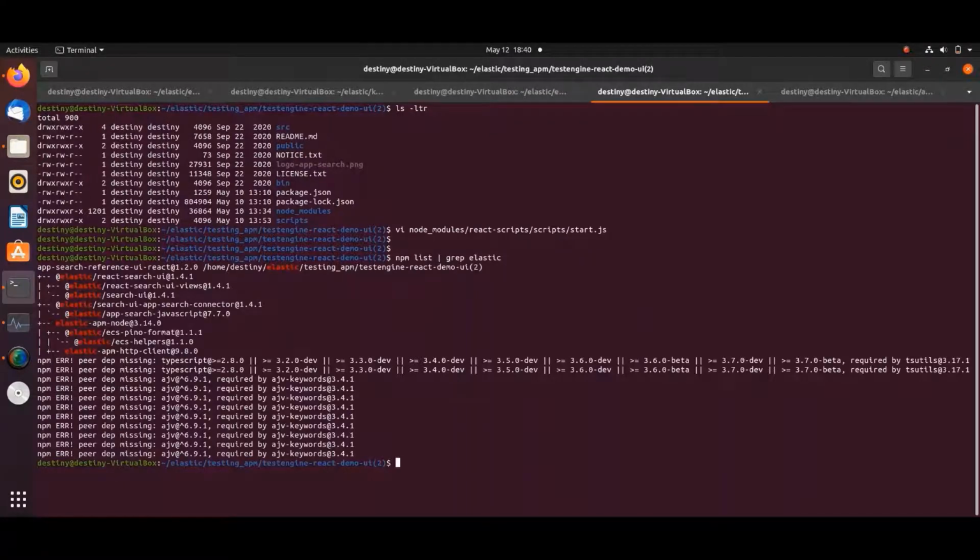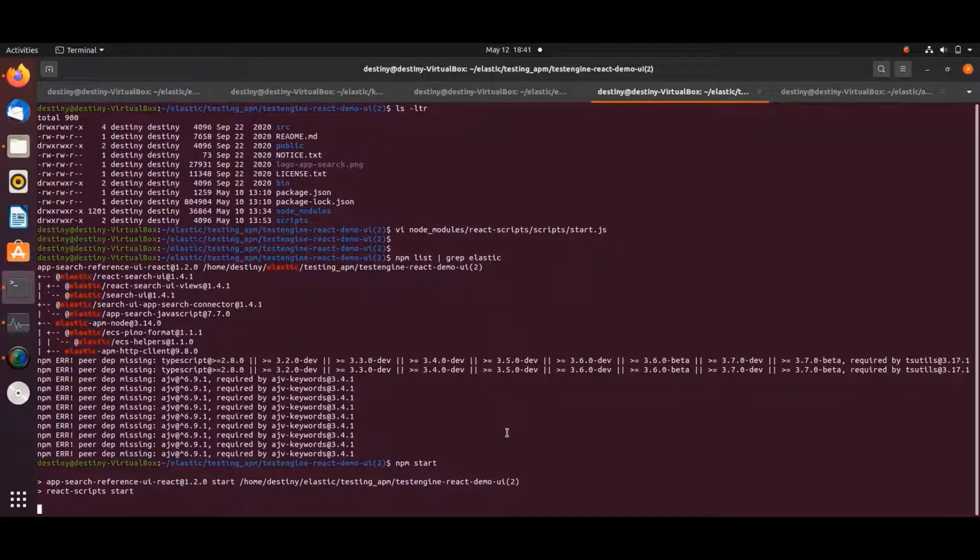Let's just wait for the output, and you can see the Elastic APM node version as well as it is integrated. Now let's start the process. I'm just running npm start, and the required application will be started.